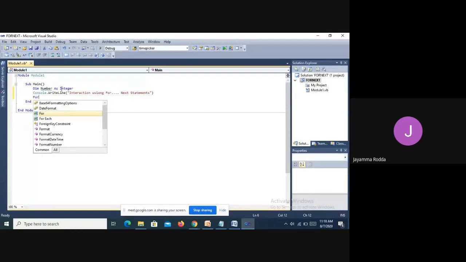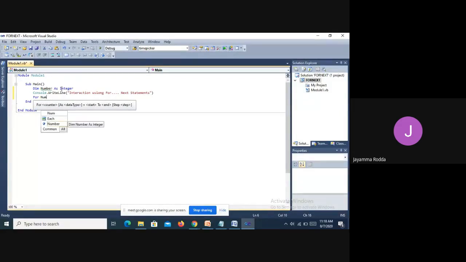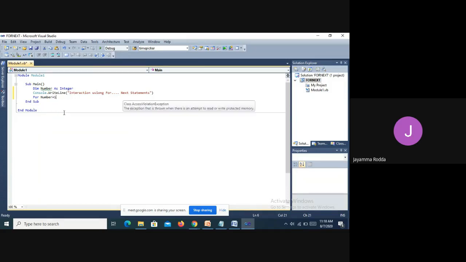Next for number. So this is the variable that I have created here. Dim as integer, it is specifying number is an integer. Number as integer data type. So for number is equal to 1 to